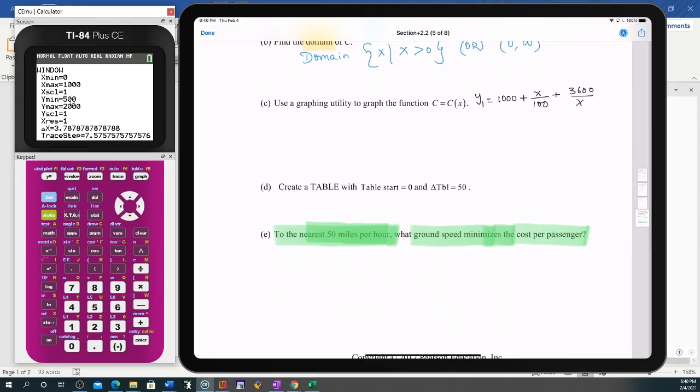Y minimum I keep it 500, Y maximum 2000, and I'm keeping the Y scale at 1, 2. So these are the standard viewing windows I have to look for. Now, if I hit graph, see what happens. So when I am going to graph this function in the paper, I am going to make sure that I